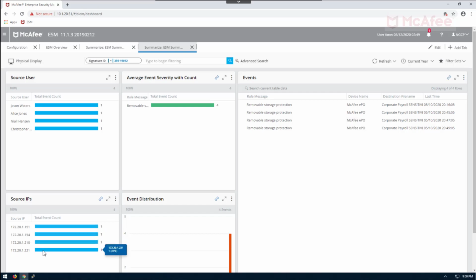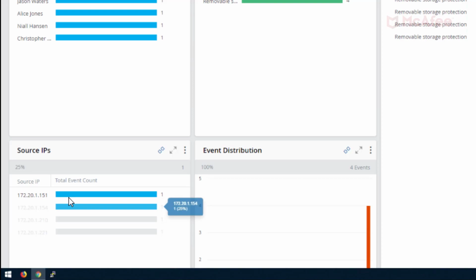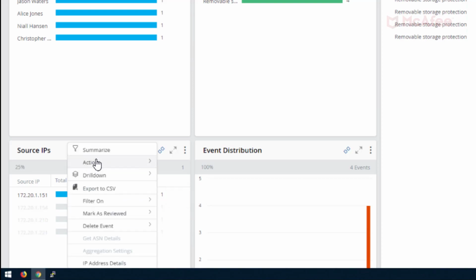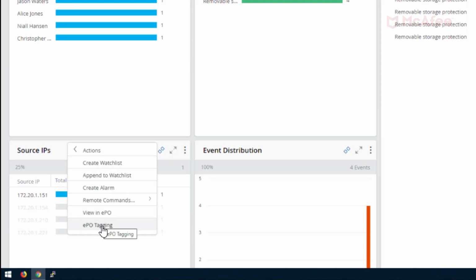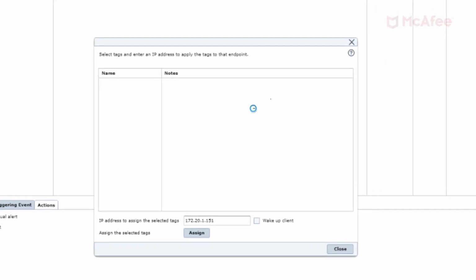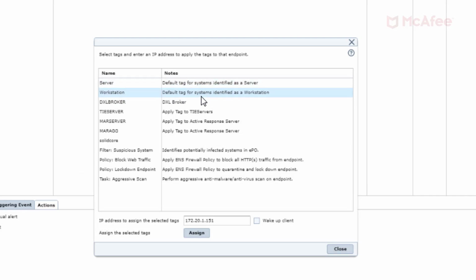So what we can do from here is now we can put these systems into a quarantine status. So we'll go ahead and right click, and under Actions, we will go to EPO tagging. In the new window here, you can see a list of different tags that we can actually apply to those systems from ESM. So as you can see,